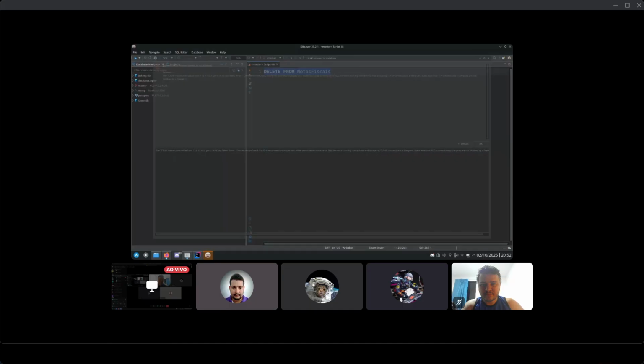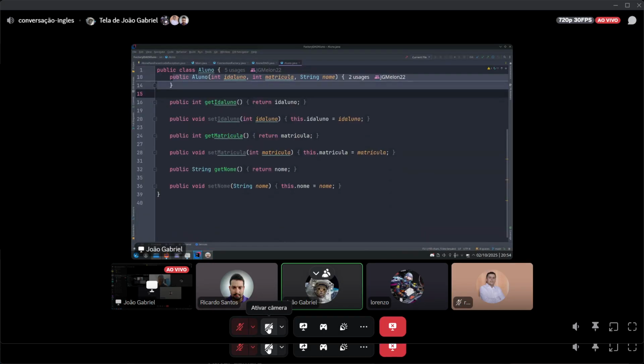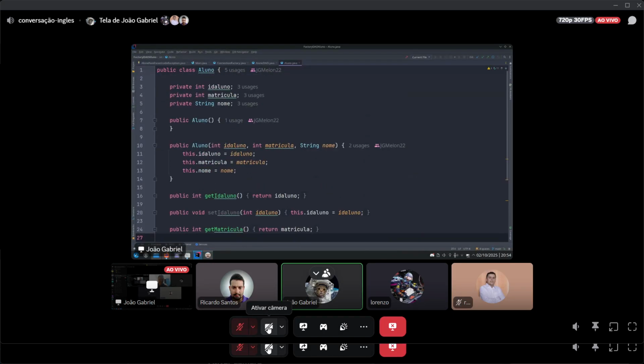Meanwhile, when we are working with JDBC, we have to work with a data access object, which in this case maps to our entity, in quotes, which is the Aluno class. It has just simple properties like ID, matrícula, and name, a constructor, and getters and setters, simple stuff. Here we do not have the annotations, it's a raw class.